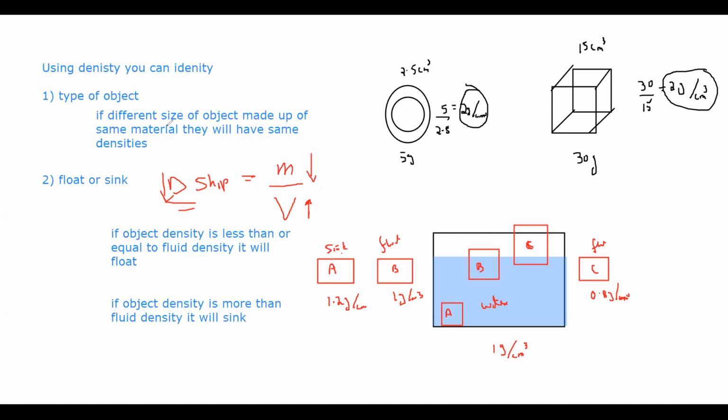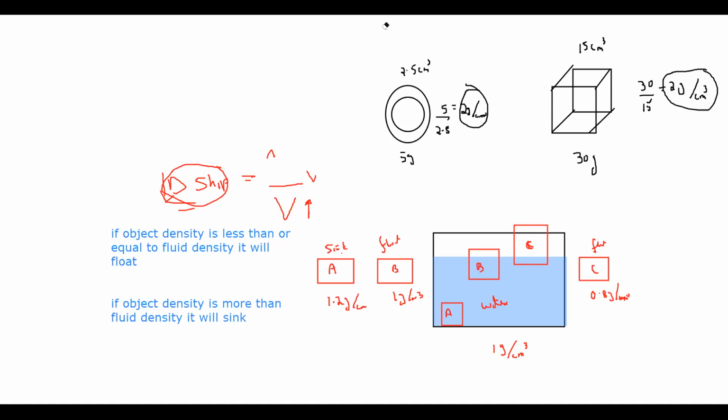But for example, if there is a hole at the base of the ship, then it will start to sink. Why will it start to sink? Because if there is a hole, the water will enter, and as the water enters, the mass of the ship starts to increase. As the mass increases, the density of the ship also starts to increase and the ship will sink. Is it clear? The concept of density, floating and sinking? Yes.